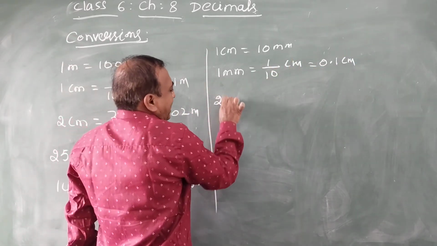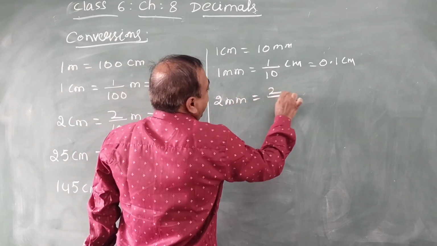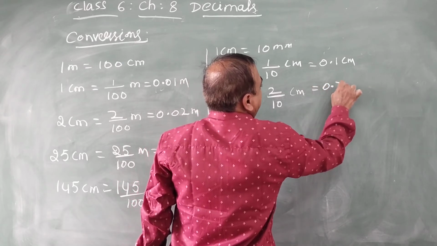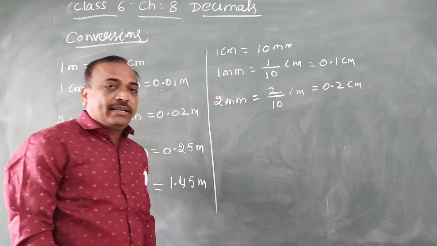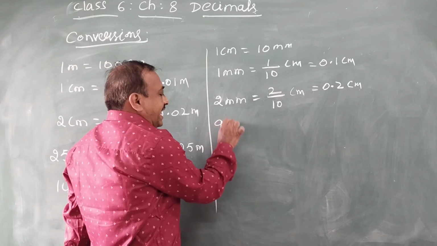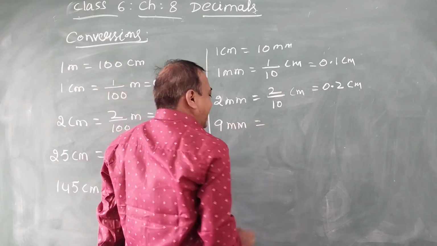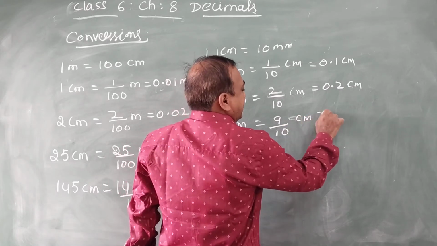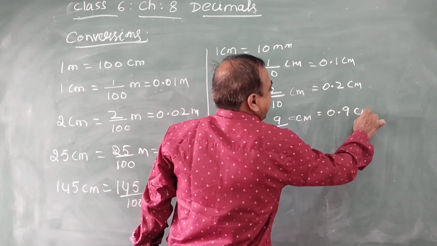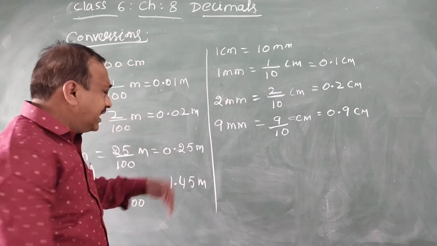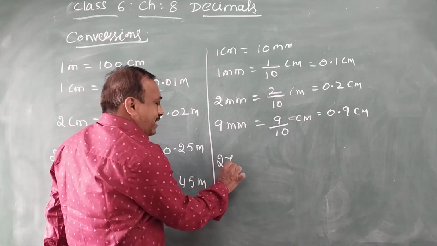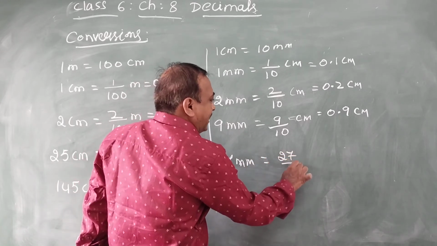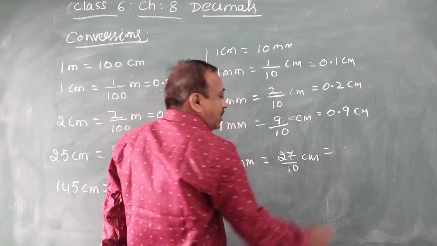Then 2 millimeters, if you write 2 by 10 centimeter, is equal to 0.2 centimeter. Next, 9 millimeters you can write as 9 by 10 centimeter, which is 0.9 centimeter. Then similarly, 27 millimeters, 27 by 10 centimeter, is equal to